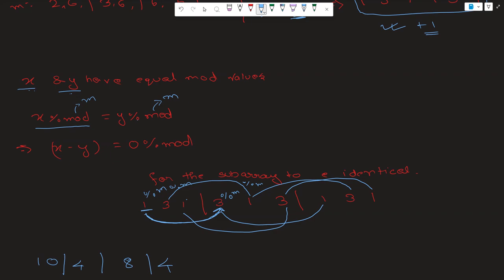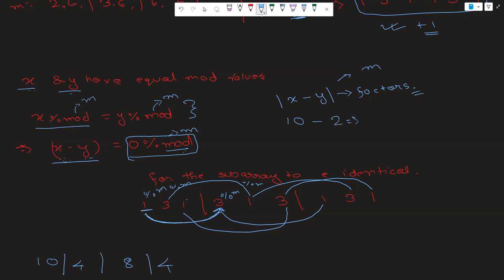Now if we simplify this equation, we'll get what? x minus y is equal to 0 modulo mod. Mod is nothing but m. So now we see, if we do x minus y and find the factors for this, m can be anything which this value contains, right? Because this is saying that if we contain anything in m, it should be a factor of this x minus y. So if we take an example like 10 and minus